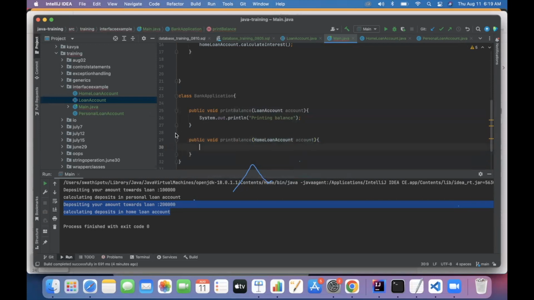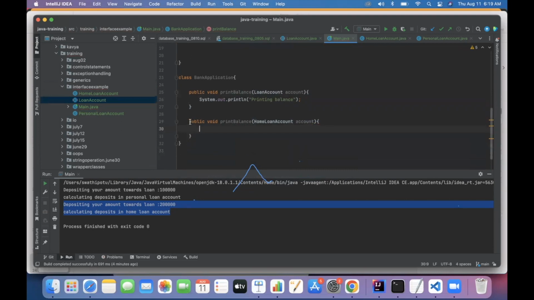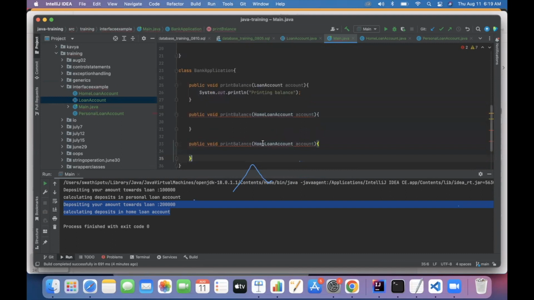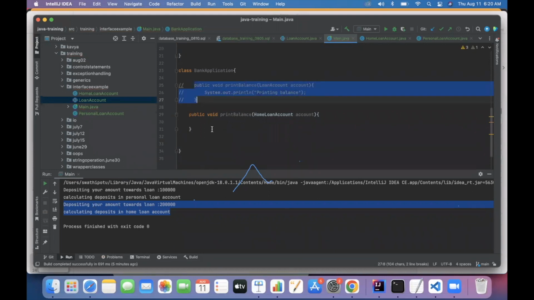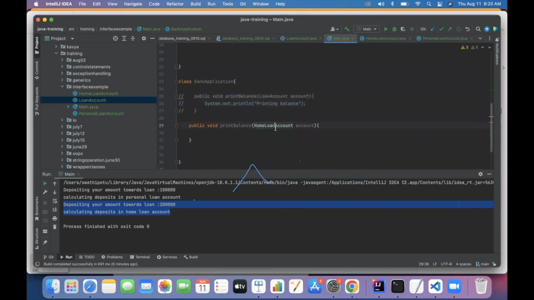And if any new thing joins, let's say an educational loan is coming, I need to implement it again for the educational loan. I don't want to do this, because my method is common. So if I do this, let's say from Dharani's point of view, if we do a home loan account and a personal loan account in our example,